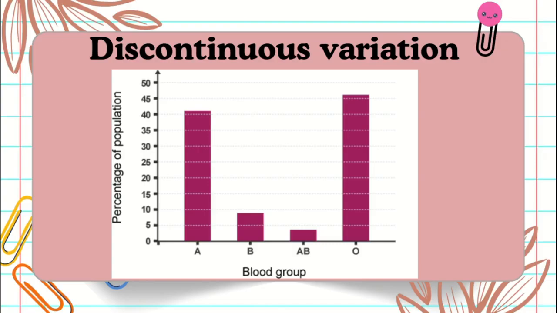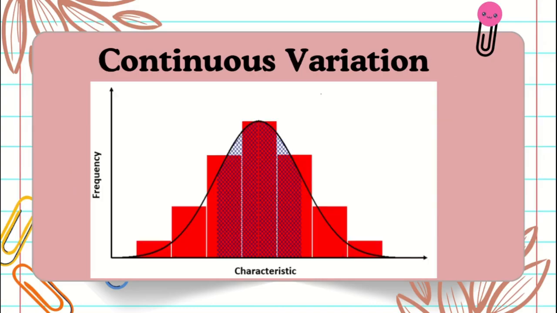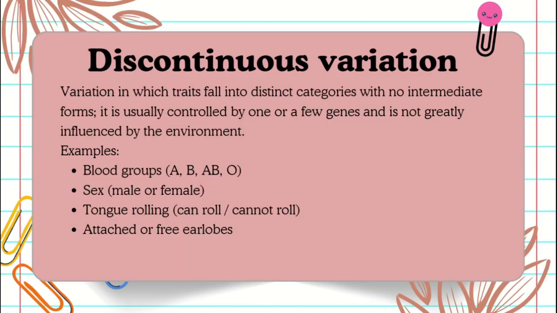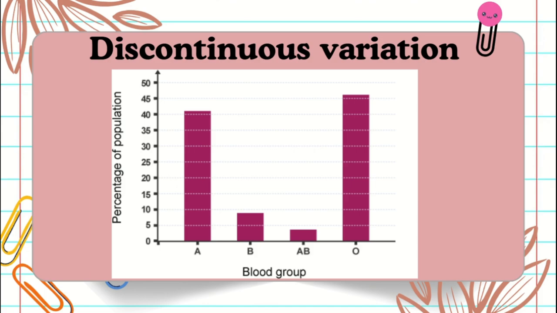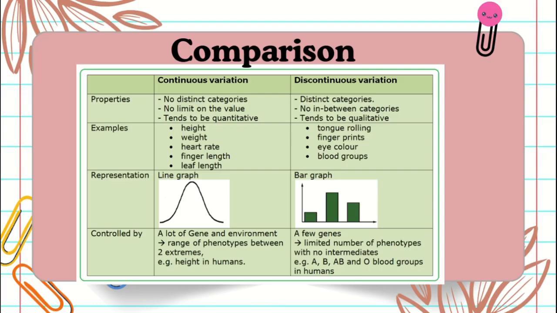And if you look at the graph, clear-cut categories. This is showing different blood groups, but clear-cut categories. If you look back at continuous variation, it was more curvy, it wasn't defined. While in discontinuous variation, it is very much defined, clear-cut categories. And then this is literally a comparison table showing you continuous versus discontinuous variation. Just going back to it,